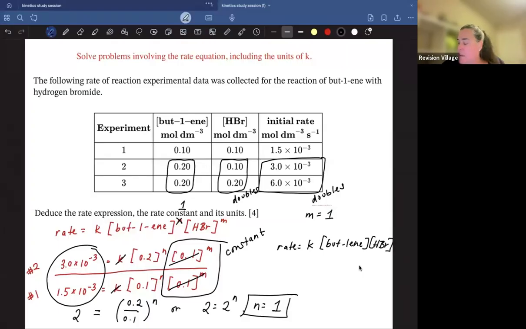Now rate has units of moles per decimeter cubed second. And it's equal to K times the concentration of but1ene times the concentration of HBr, a reaction that is second order overall. So if I wanted to solve for the units of K, I would just have to take all of those units and put them over on the left-hand side, and I would get the units of K to be decimeters cubed per mole second,